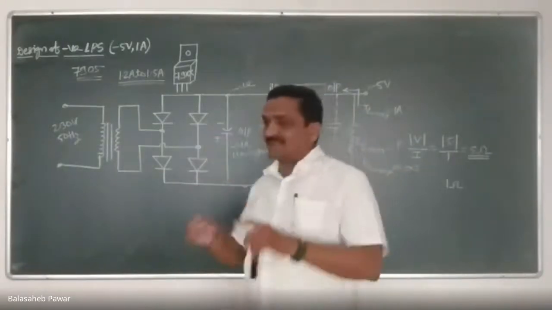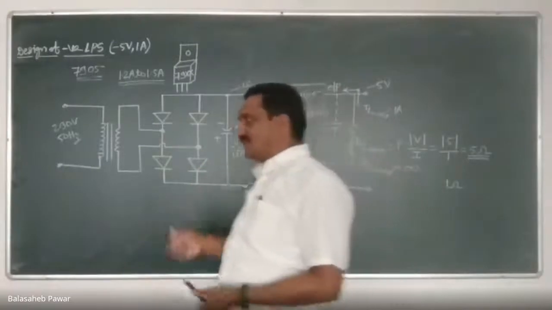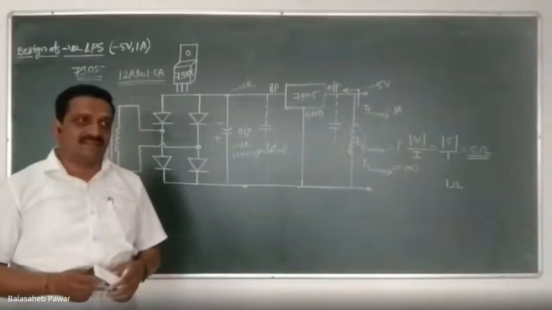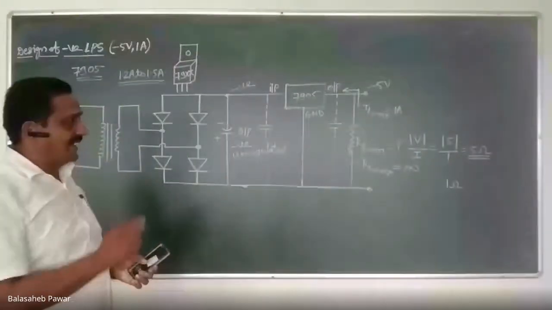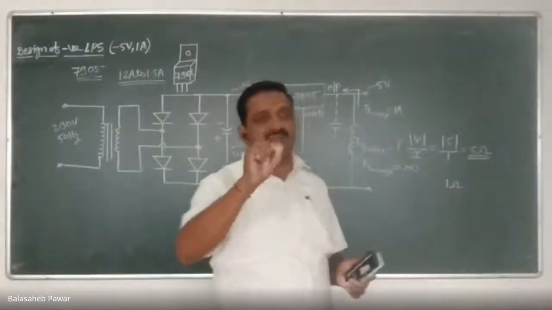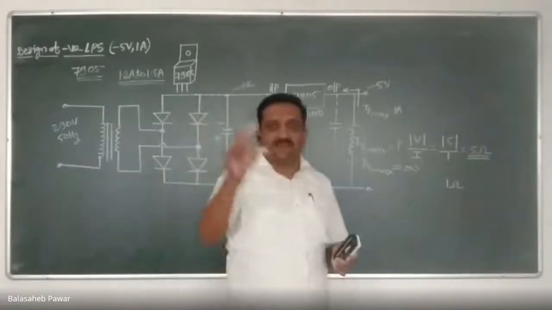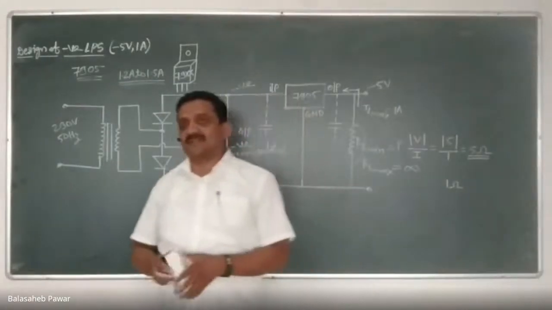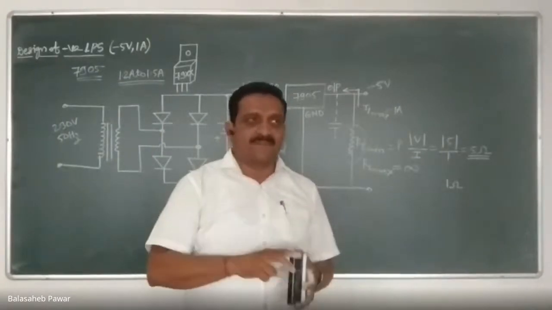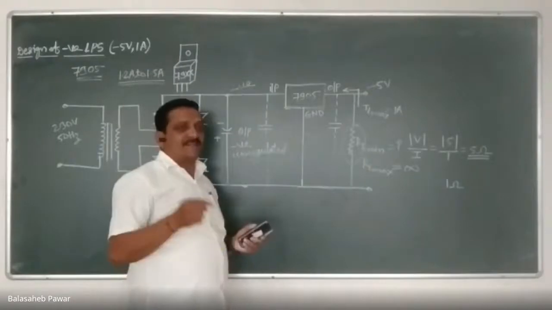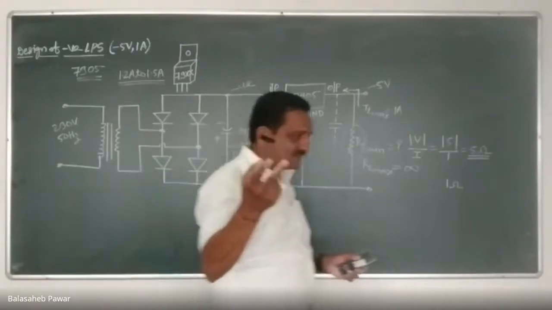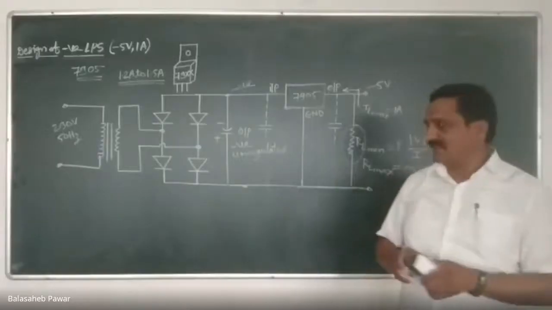According to that current rating, how the size also gets increased, I also showed during the previous lecture. So why does the size differ? See, if you can recall, I showed 3 blocks. The first one was very small and I rated it as 12 volt, I think 500 milliampere. The second one is somewhat larger in size than the first, and I rated it as, I think, 12 volt and 1 ampere. And the third one, I rated it again as 12 volt, and how much was the current? I think it was 2 ampere, 4 amperes, or 5 ampere, right?